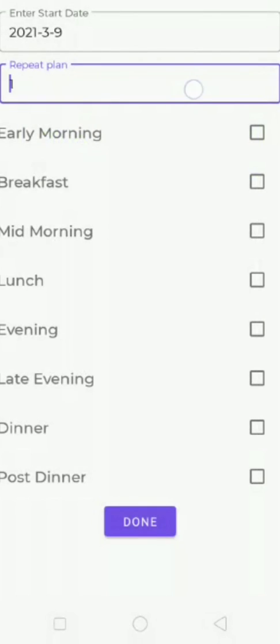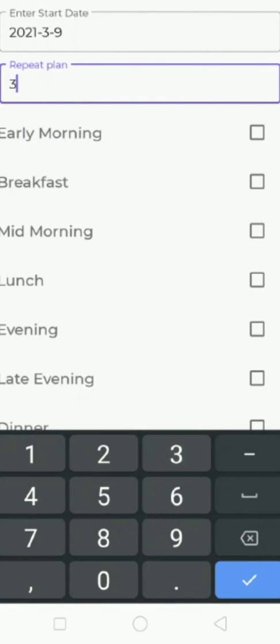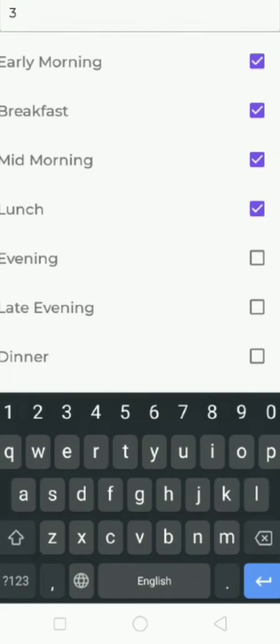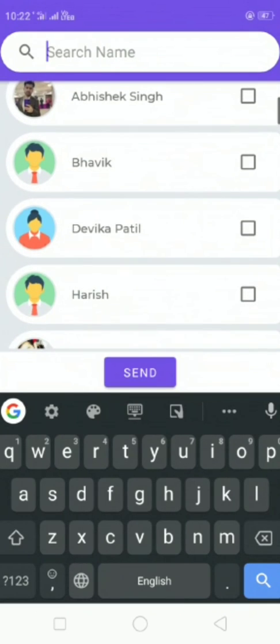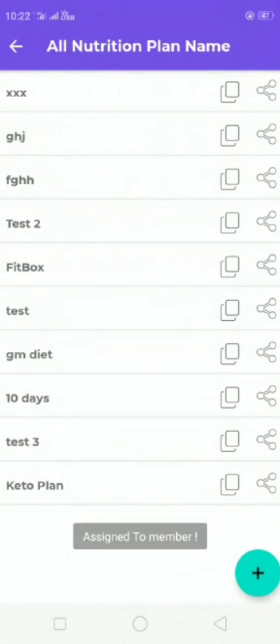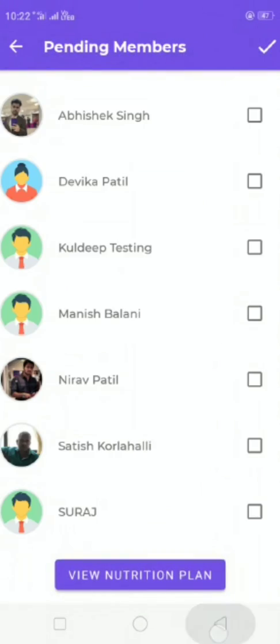Okay, repeat plan, select the date, done, select the member and send. Your nutrition plan will be assigned.